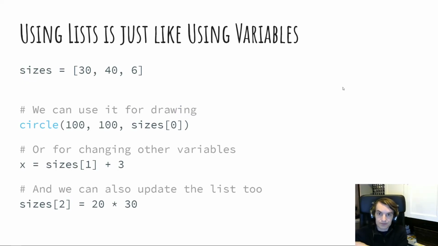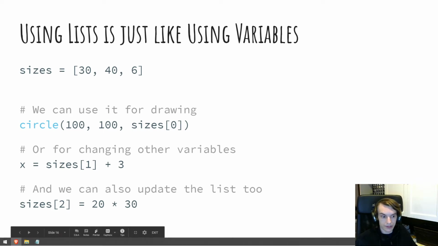So using lists is pretty much exactly the same as using other variables. If you want to give it a new value, you assign it just using it on the left side of the assignment operator. You can use it as a variable for substituting in for drawing things. You can use it to change other variables, so you can update it. All of the stuff that we've been using variables for before, you can do that also with lists. The only thing to note is that when you need to access a specific element, you need to use the correct index. So let's pull this up.